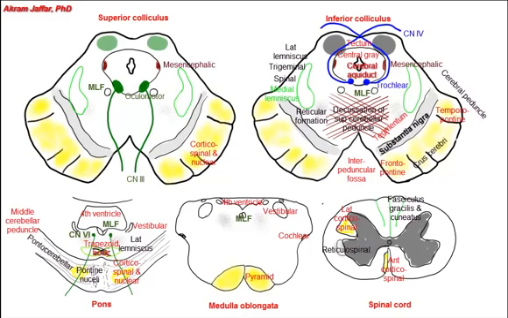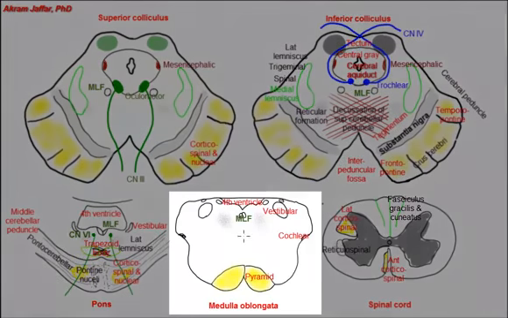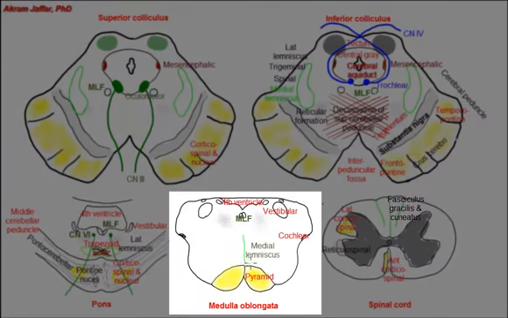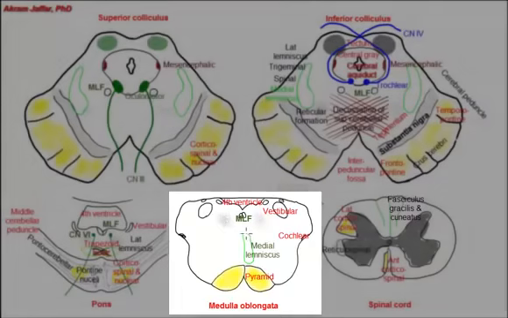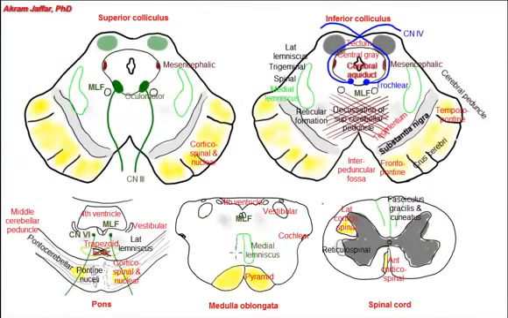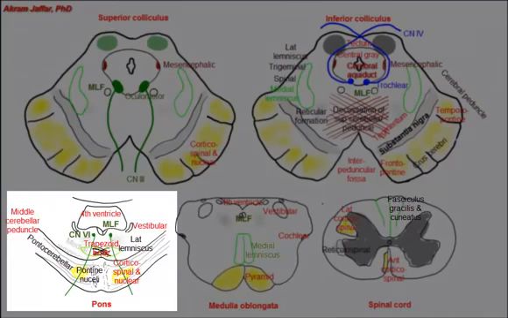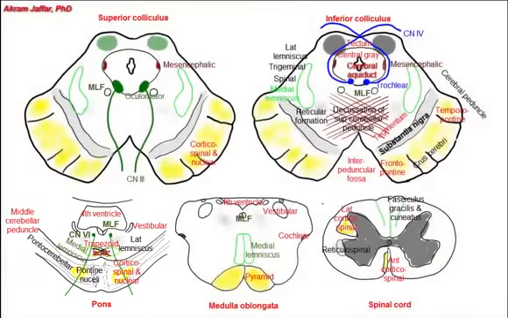The fibers will relay in the cuneate and gracile nuclei in the lower part of the medulla, and then fibers of second order neurons from the nucleus gracilis and the nucleus cuneatus cross the midline and ascend up as the medial lemniscus. So this is the medial lemniscus at the level of the medulla oblongata. And then the medial lemniscus rotates at the level of the pons, and we can see it here. The medial lemniscus at the pons and the midbrain is associated with fibers of the lateral lemniscus and fibers of